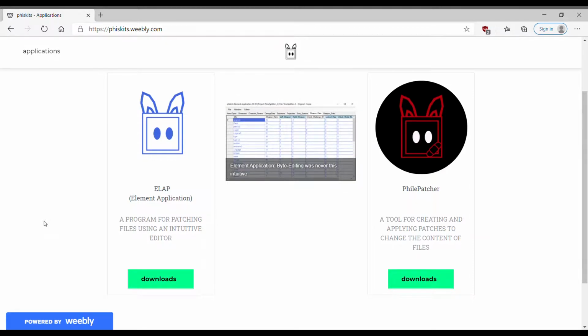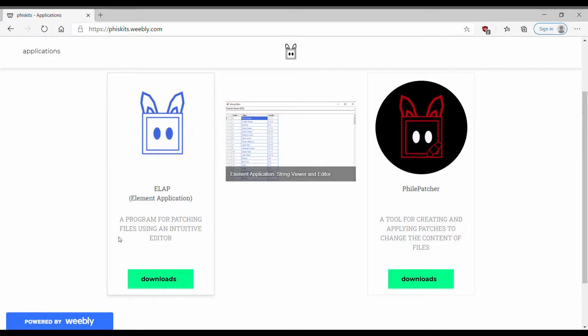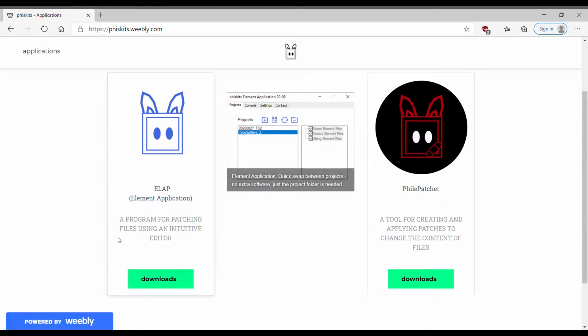There's still some things you need HXD for, but if you're getting into modding, then this is a great stepping off point and a good resource to use. Even if you know your way around a hex editor, it's still very useful because it simplifies modding weapons and other things. So what you're going to want to do with this is go onto the website